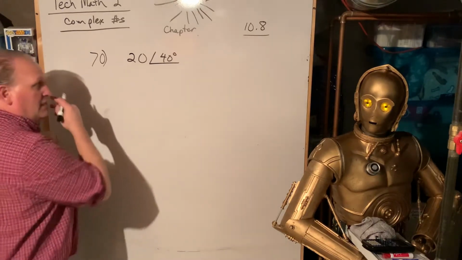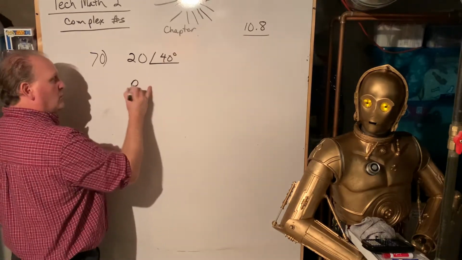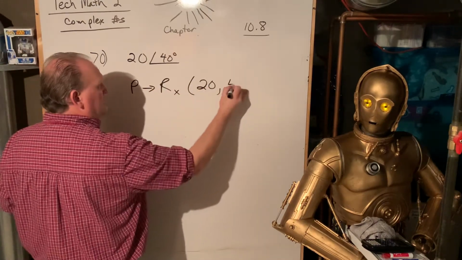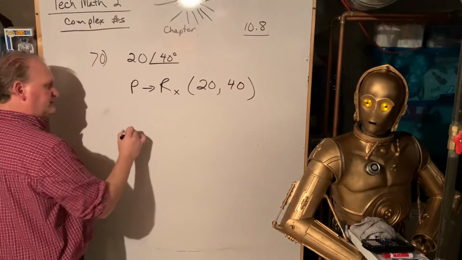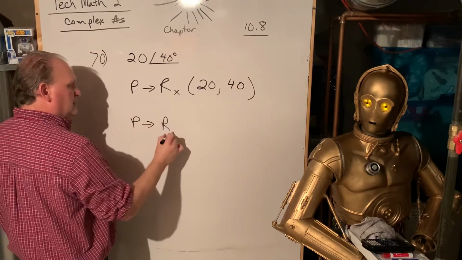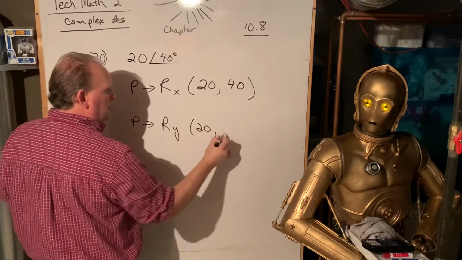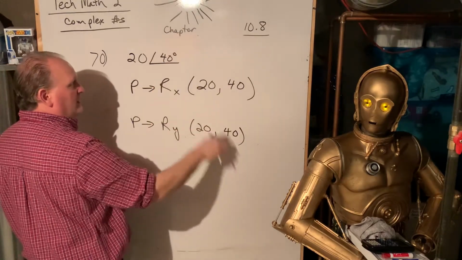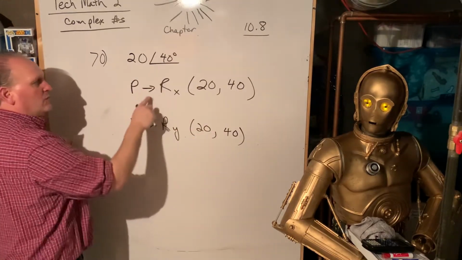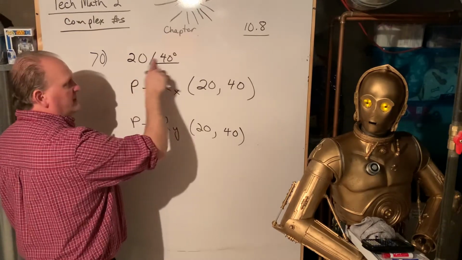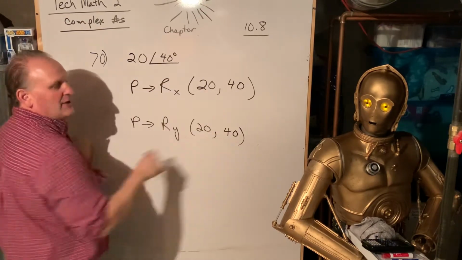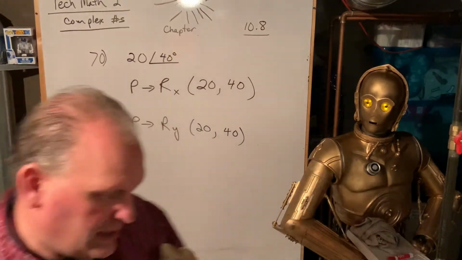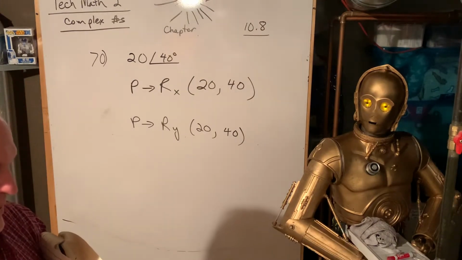So let's find that. We're going to do polar to rectangular x, and type in 20 comma 40, and then polar to rectangular y, and type in 20 comma 40. So 20 r, and then comma, and then the angle. The upside of this shorthand, when you're changing from polar to rectangular, is you get to put it in the same order. You just have a little comma in between. All right, so we're going to go to that calculator again. We're going to key in second apps. We're going to go down to polar,